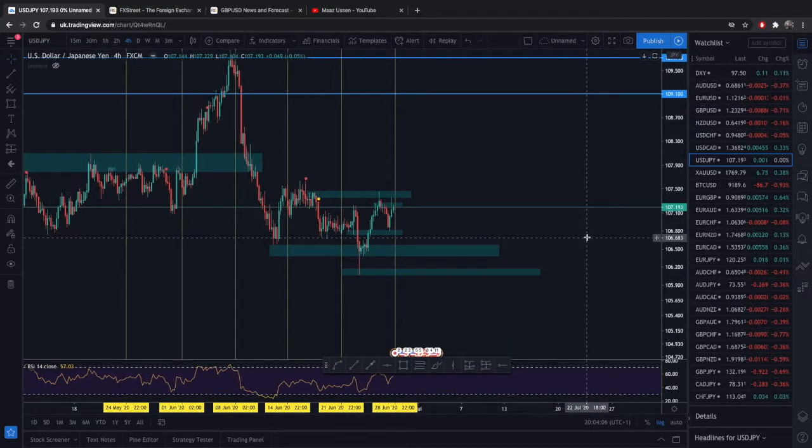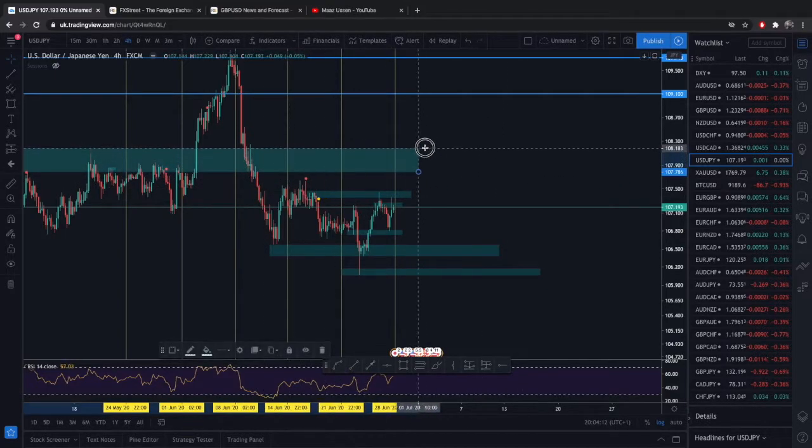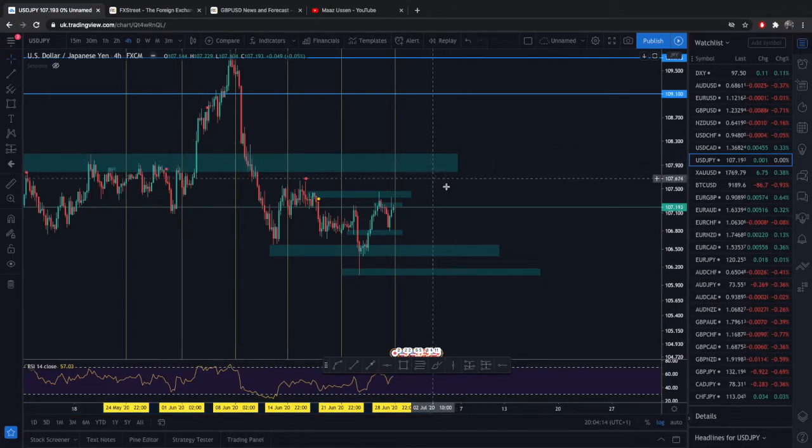So what can we expect going forward? On the upwards area, we've got this zone here that we can maybe potentially extend outwards. We can see the market hasn't come to test this zone since the early part of June, so it's not ventured out there. So I think maybe we can look for some sell setups here. The gap between here and here is about 50 pips.